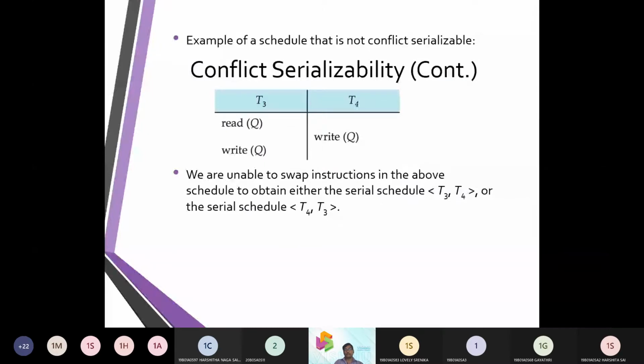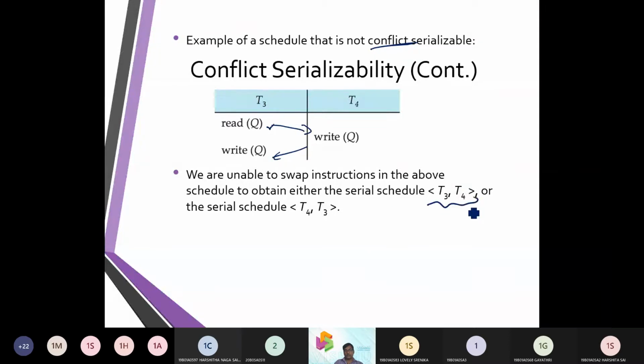Again, another thing was that T3 has written something, read something, it was followed by T4, and meanwhile again T3 was happening with the same.